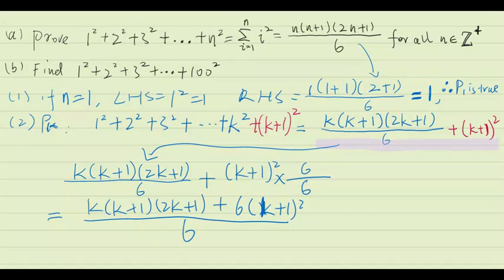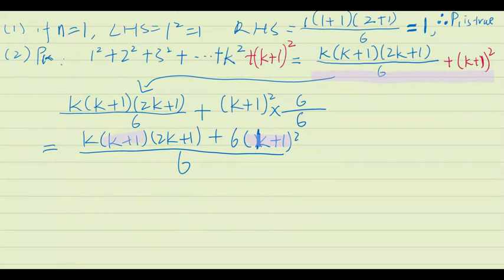We can see we have a common factor k plus 1. Let's share this common factor: k plus 1 times k times 2k plus 1 plus 6 times k plus 1,